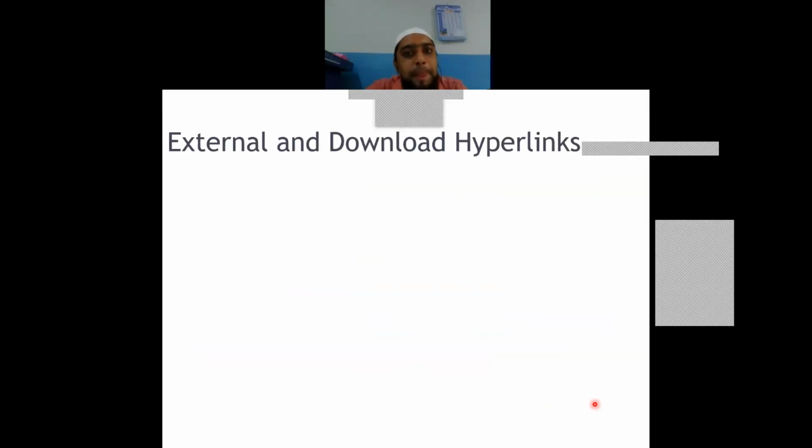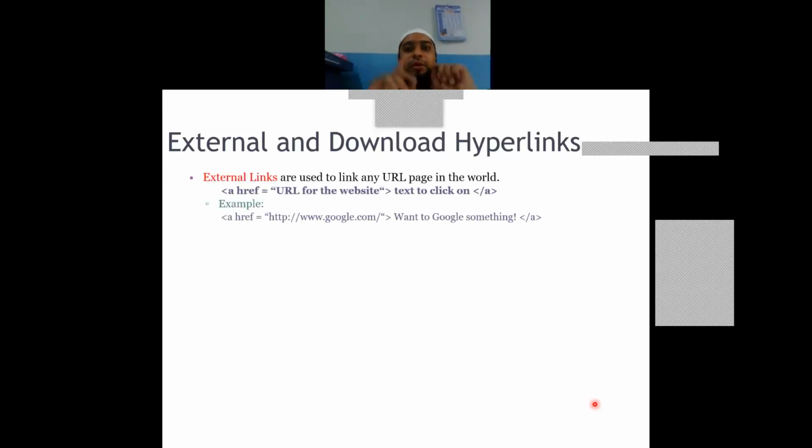Same thing. Now coming to the second category, which is external. External links are going to work across two different locations, different systems. So you will have the first file saved on a different server. The second file is saved on another server.